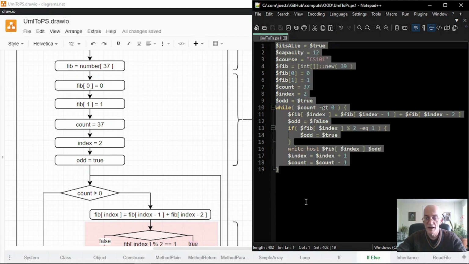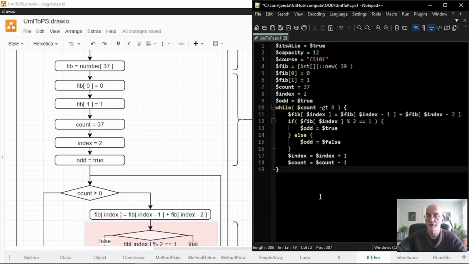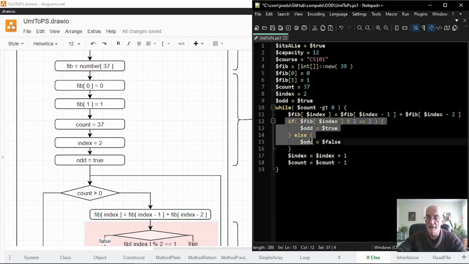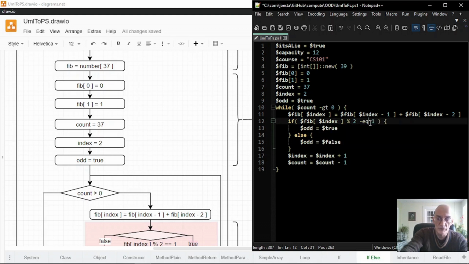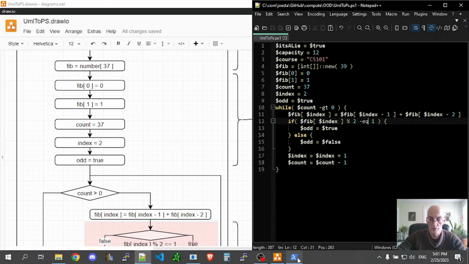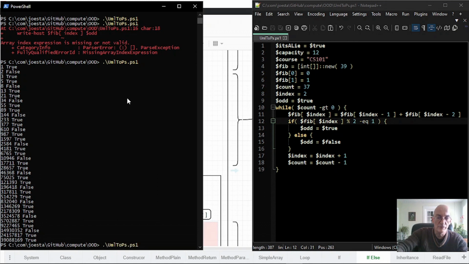And I'm going to Control A, select all, Control V, paste, and paste this new version in here where we can see that we have the if else. And I know that I'm going to have to fix something like, that it should be an equivalence operator in PowerShell of a -EQ. So if I save that and then go to my CLI and say, let's run this